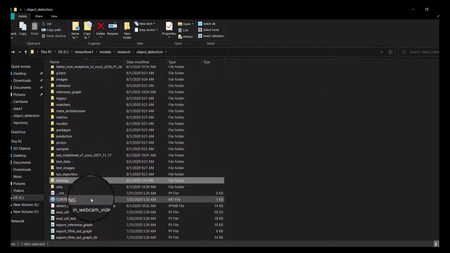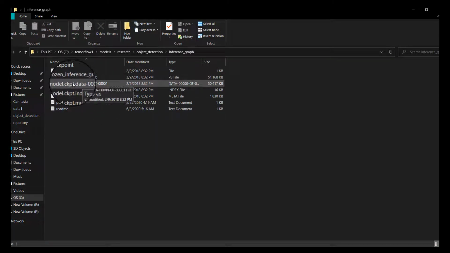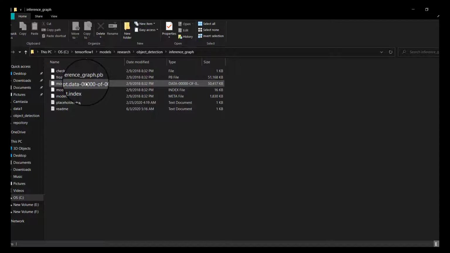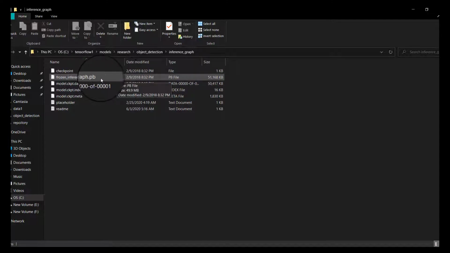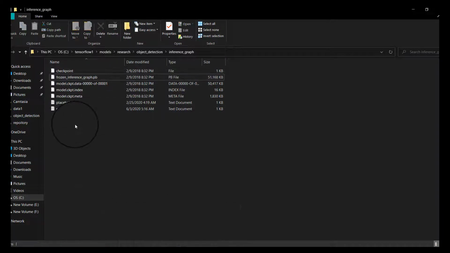After creating it, as you can see, this file, so we need this frozen_inference_graph.pb. This is the important file for our training. This is the important file, so we have to find this file, and after that just go back to your folder,